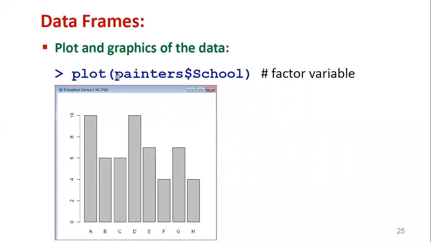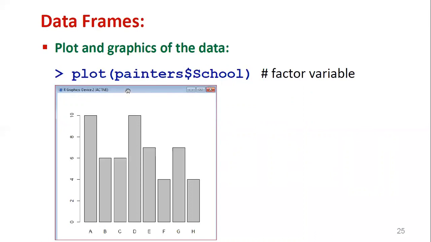By using plot, we will call the data set name with the dollar and attribute name. Here the attribute is school, which is a factor variable. So plot can be drawn using the command plot within parentheses. Later we'll discuss more details about the graphical commands. Here we're applying this to the data frame: plot painters dollar school.